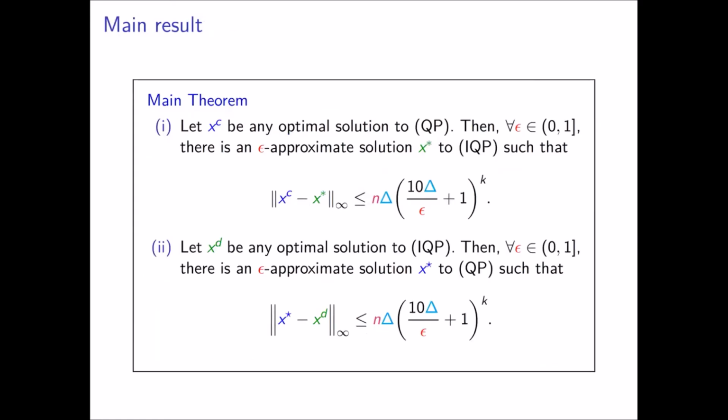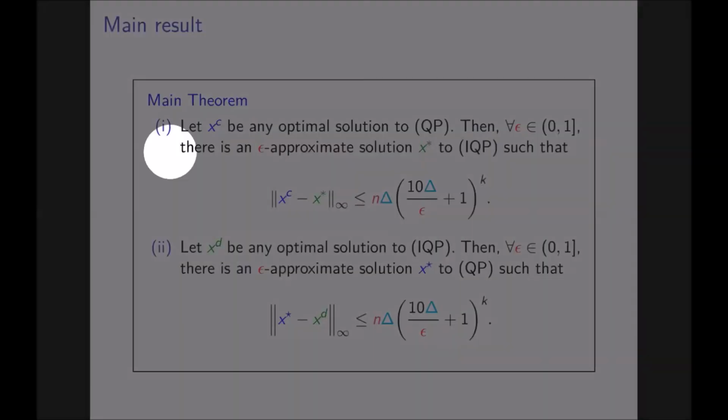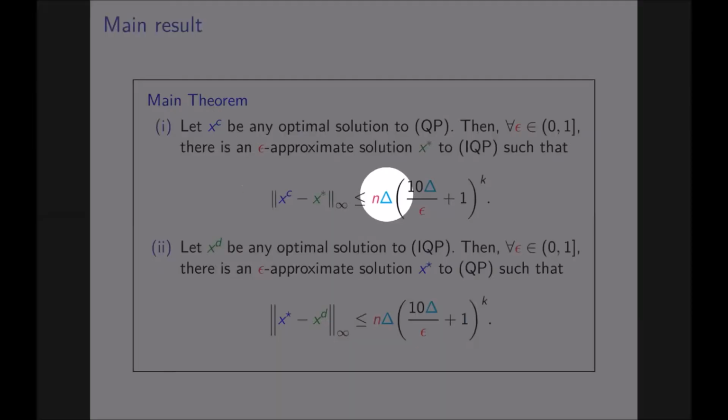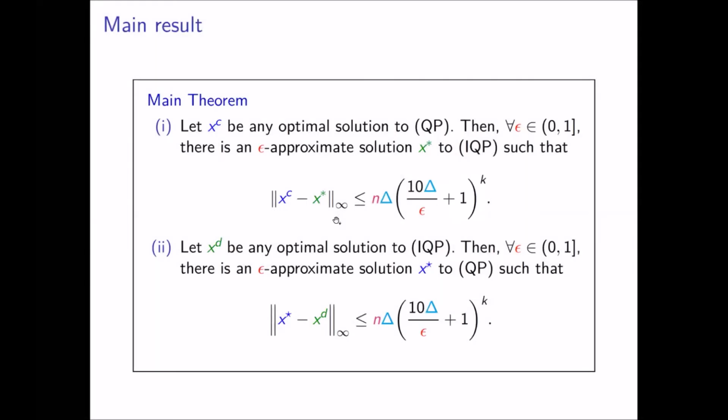Great, so we're now ready to finally state our proximity results for separable concave integer quadratic programming. Consider a problem IQP, the corresponding continuous problem QP, and suppose that both problems have an optimal solution. Then again, we break down the statement into two parts. First, for every optimal solution to QP and every epsilon in (0, 1), there is an epsilon approximate solution x star to IQP at distance at most n delta times (10 delta over epsilon plus 1) to the power